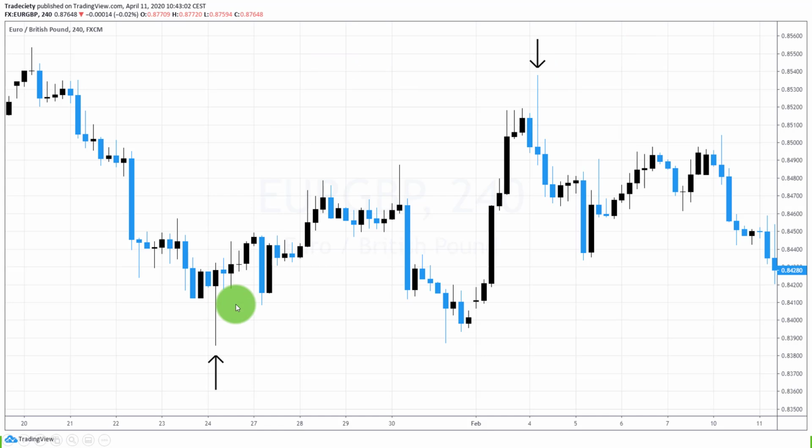Here we have two more examples, and here the signal is not as strong in both cases. So we have the pin bar, and we also have, technically, an engulfing candle, but the body is much, much weaker than compared to the last examples where the body was really exceptionally strong. And you can see in the first example, eventually the market did rally a little bit, but not really strong. Here as well, the market did start a new downtrend, but eventually the market faded back into